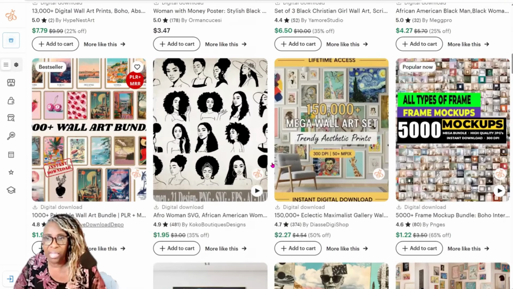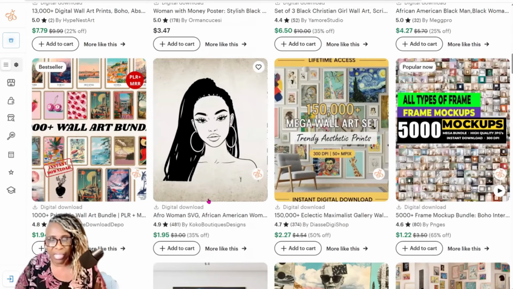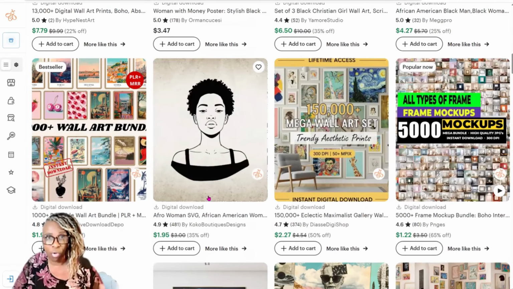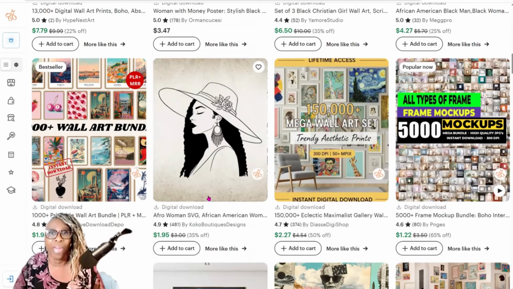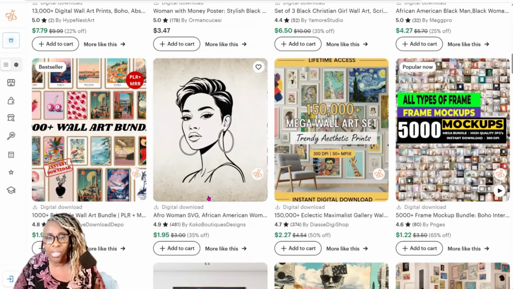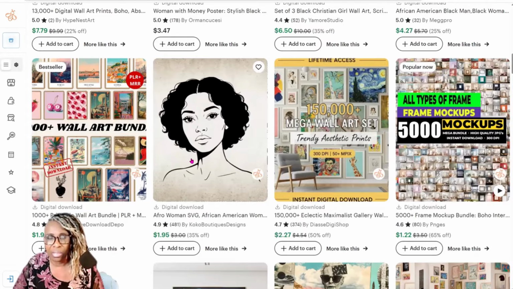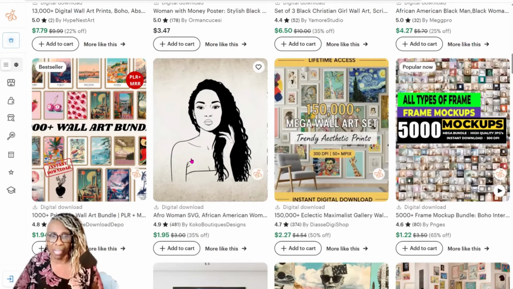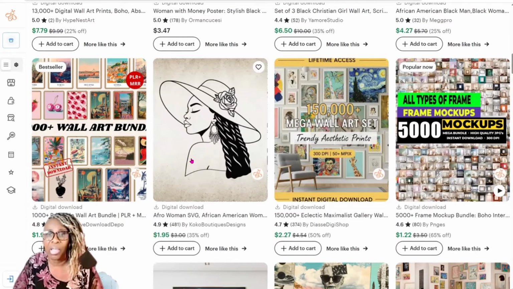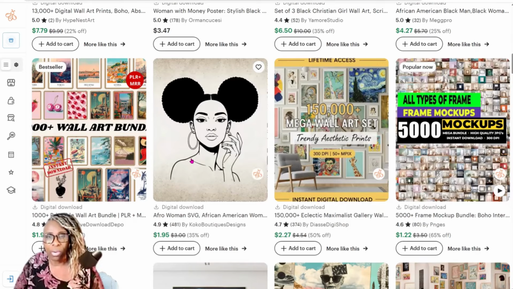Now we got some things in here you got to look really closely because like this is not necessarily art in a form of like a canvas wall art, but you can make it into art, right? So that's what I was telling you before. That's what we did. We took some images like these. I mean, these are in black and white, but the whole process is the same. We took some images, some PNG images, put them over top as an overlay of some backgrounds and made our